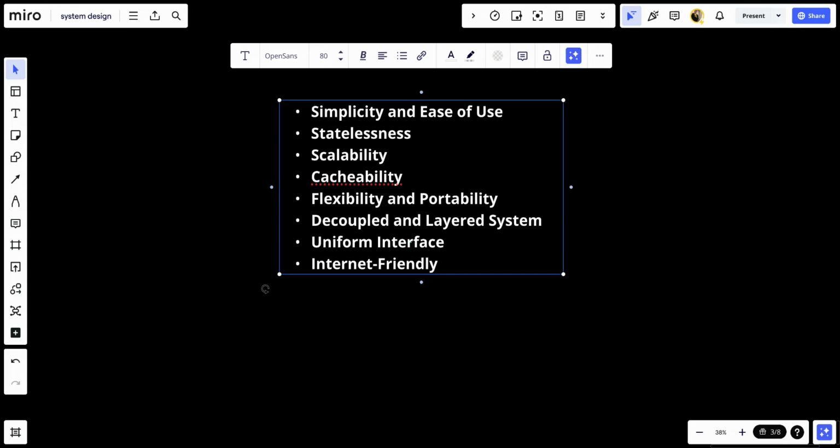So these advantages have contributed to the widespread adoption of REST as the standard for designing web APIs. It supports easy interactions between clients and servers, and it's particularly well suited for building services that can be consumed by a variety of clients, including browsers, mobile devices, and desktop applications.